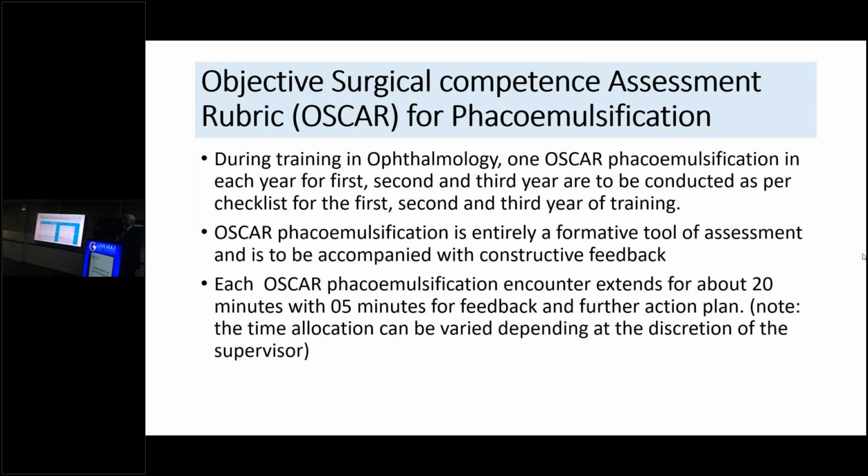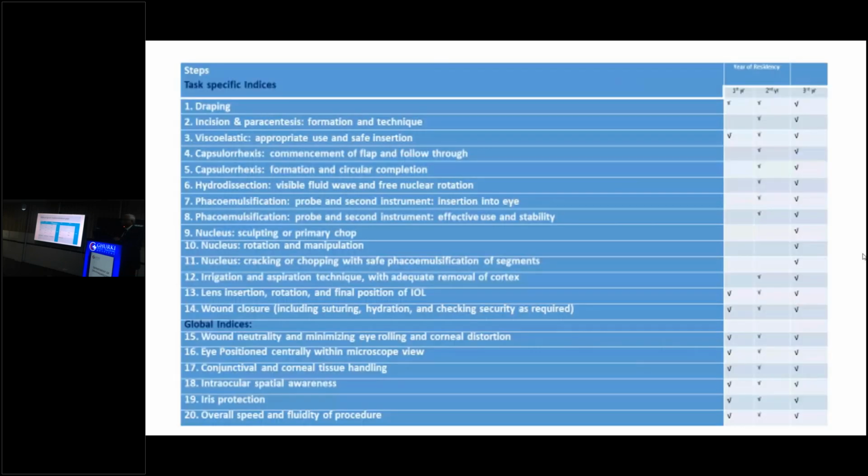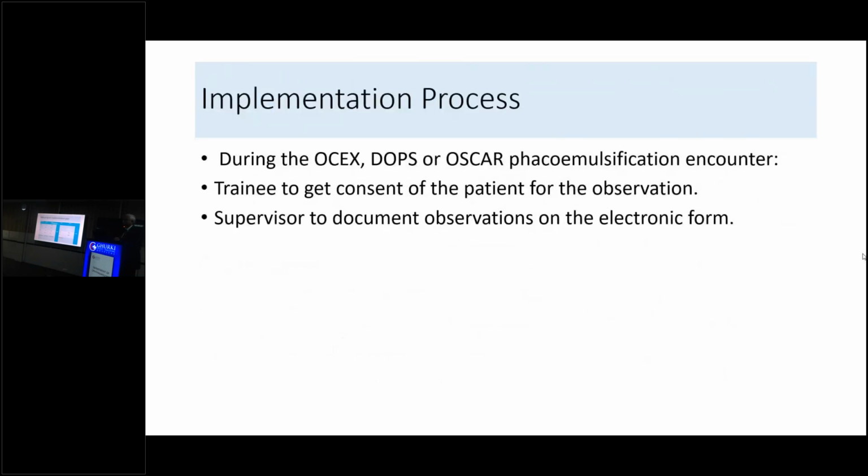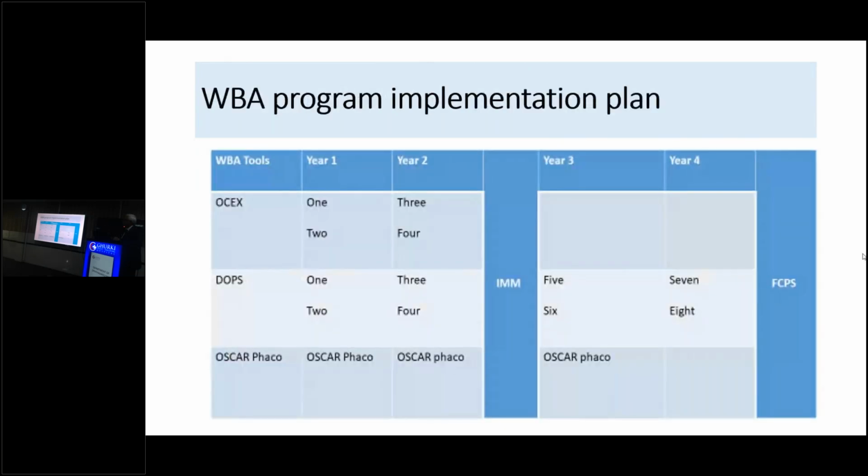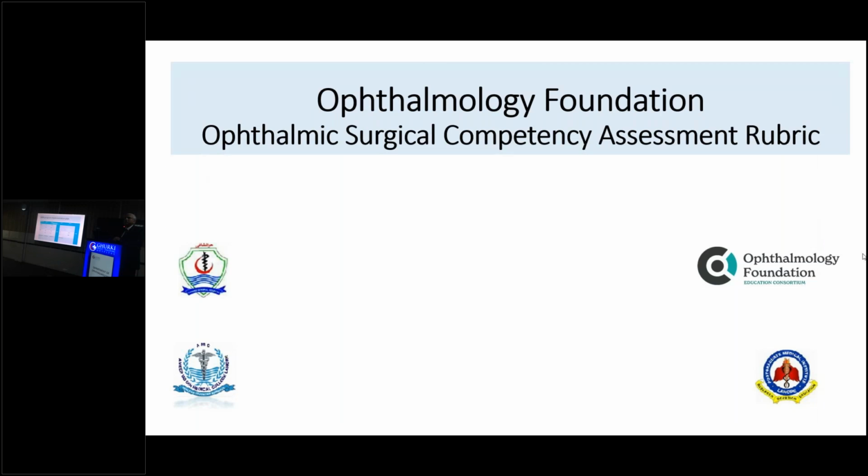So the implementation plan, what came up finally was the OCX 1, 2 in first year, and year 2, 3, and 4, and then DOPS 1, 2 in first year, and 3 or 4 in second year. Then OCX FACO can be done in each year, but then you have to certify at the end of third year or fourth year, and the DOPS keep going on until the third year and fourth year to a higher or a complex level. So like the retinal laser that is done at the end of third or fourth year rather than the other end. So this is the basic plan which the CPSP,